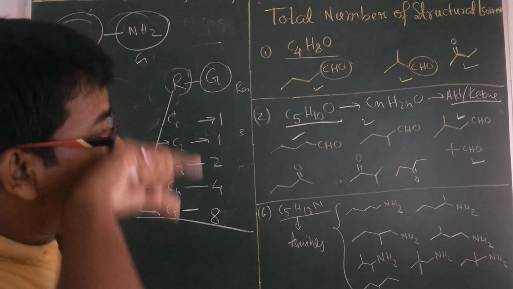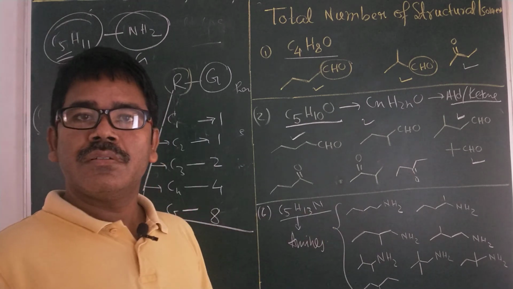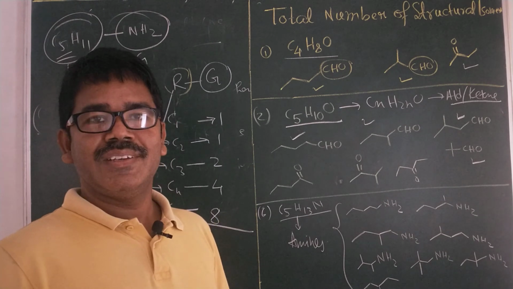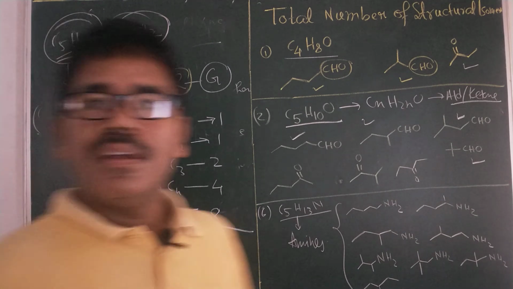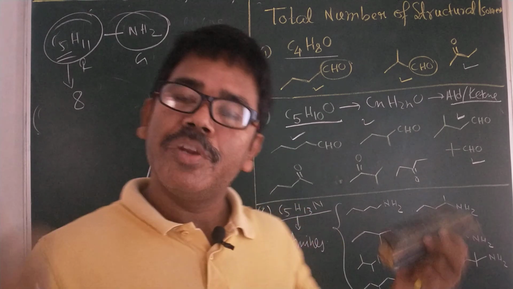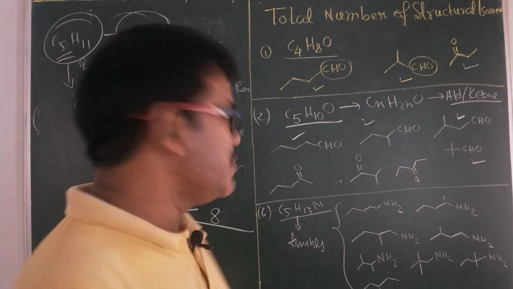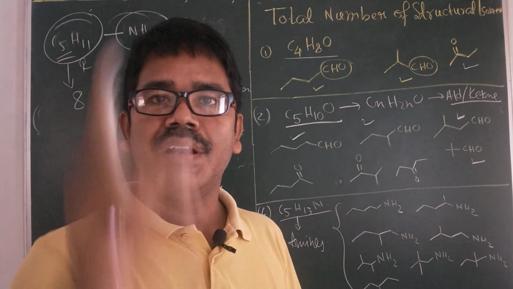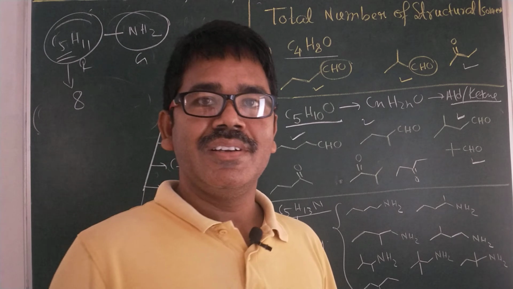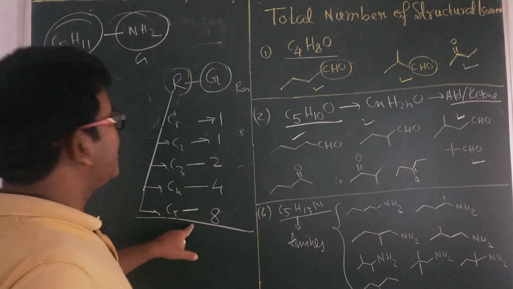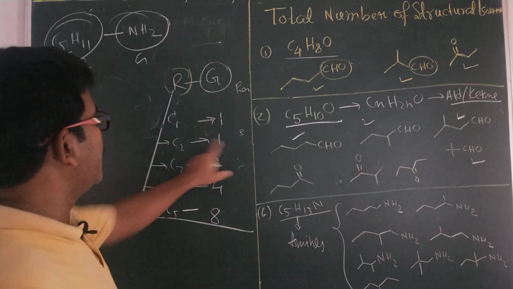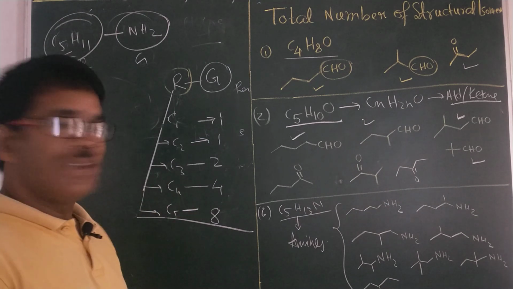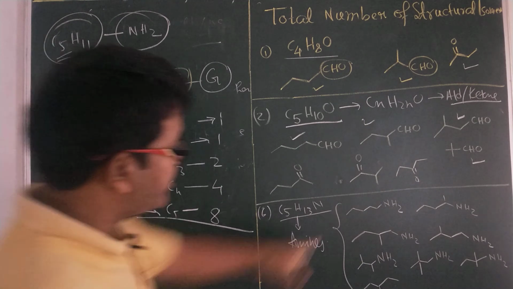But if you do not know how to draw these 8 isomers, at least you require 4 minutes of time. Even in the exam, because you will be under high pressure and tension, you may skip some structure. In that case, what will happen, my genius? Negative marking. Don't do that. Simply try to keep this in mind: 1 carbon 1, 2 carbon 1, 3 carbon 2, 4 carbon 4, 5 carbon 8. We will have primary amines 8.